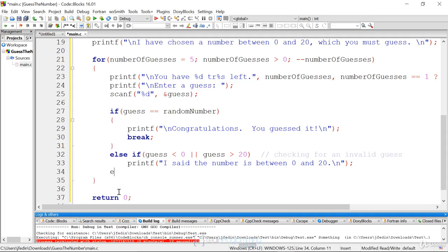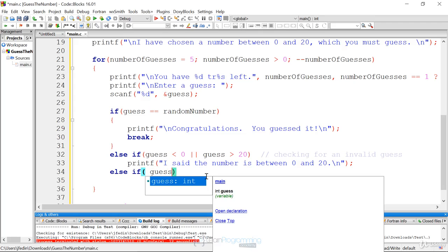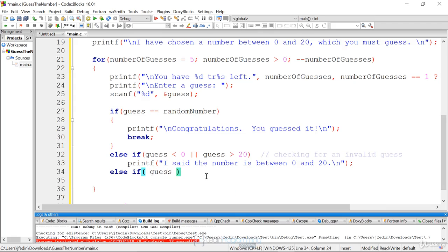If they entered a valid number but it wasn't correct, that would be the else clause. Here, I'm just going to say, sorry, wrong number, and I'm going to tell them whether it's greater than or lower than. And I could use the ternary operator here, but I'm not going to. So let's add an if here too. Else if guess is, or I should say, if random is greater than guess,